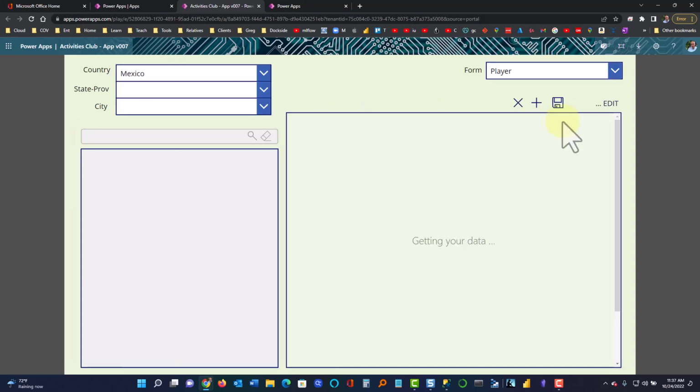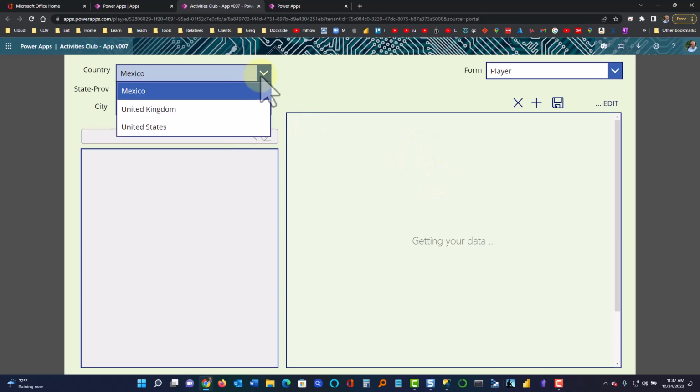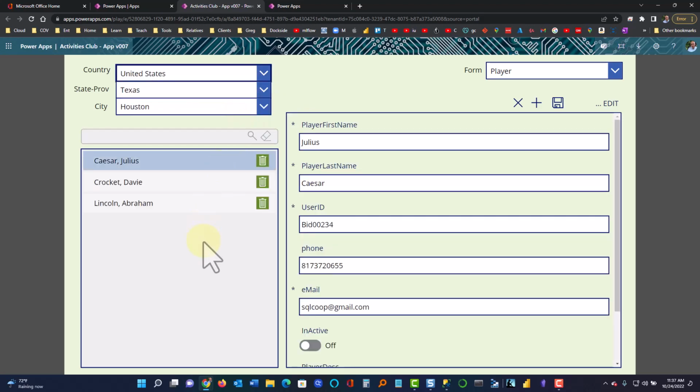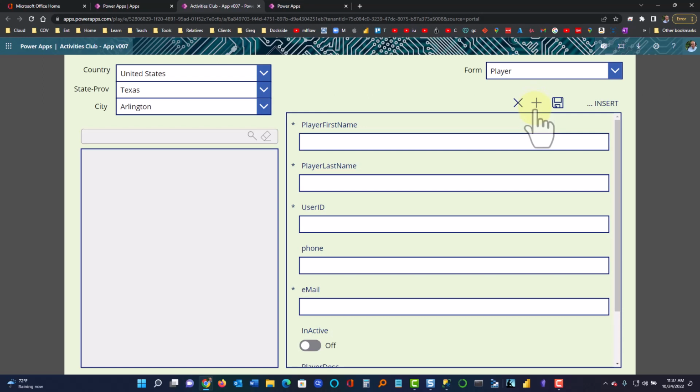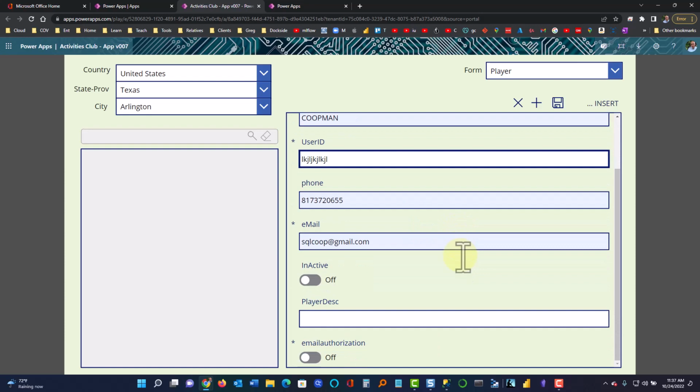Obviously, before you get to player level, you got to put in your players. So we got Houston, right? And we got Arlington. That's where I live, right outside Dallas. And there's nobody in Arlington. Boo-hoo, right? So let's put in me, okay? So there we go. So let me just throw in some sort of user ID, right? Not a very good one, but it's something, right? Player description,